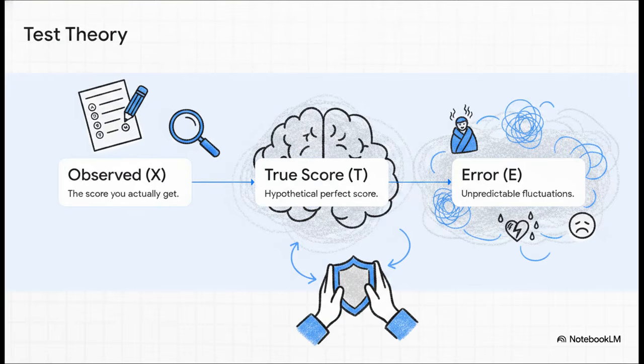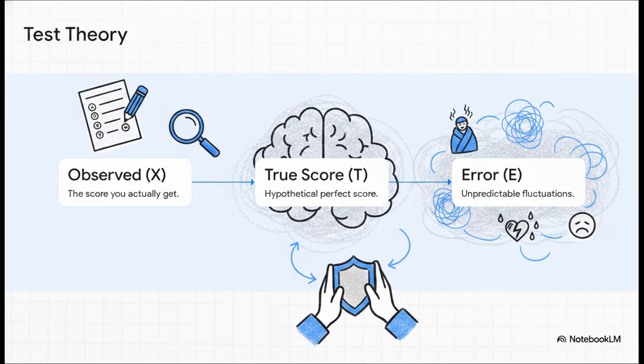This whole foundational concept is built on what's known as classical test theory, which is simply expressed as X equals T plus E. Now don't worry about the math, just think about this in the real world. Every observed score, that's the X, the physical score you actually get on your paper, is a combination of two things. First is your true score, the T. This is the hypothetical, perfect measurement of your actual ability. But, as we know, no test is perfect, which introduces E, the error score. These are unpredictable, random fluctuations.